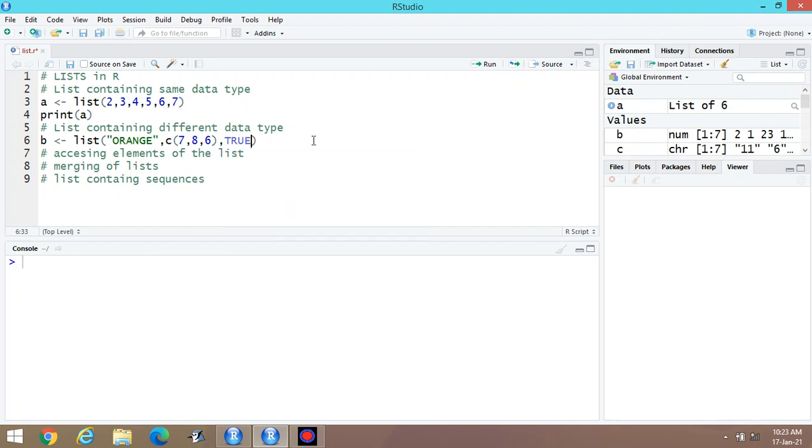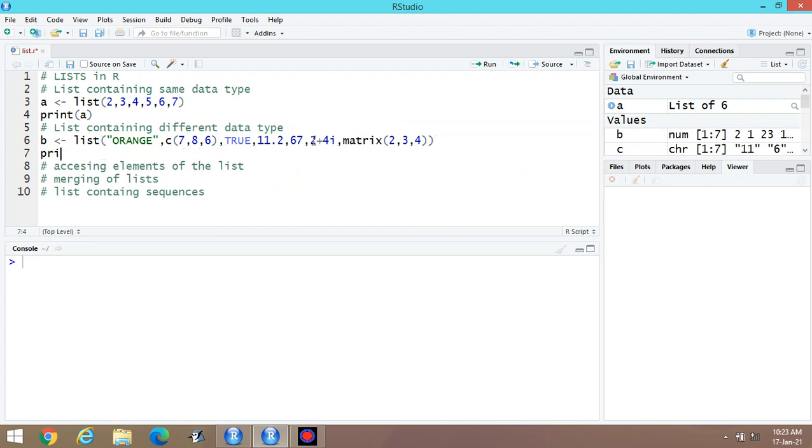Then logical content is there. One decimal value is there. Integer value is there. Complex value is there. One matrix is there. Suppose these are the contents.